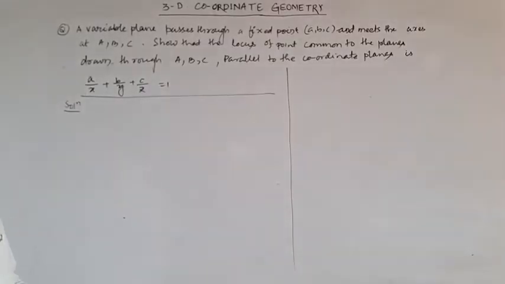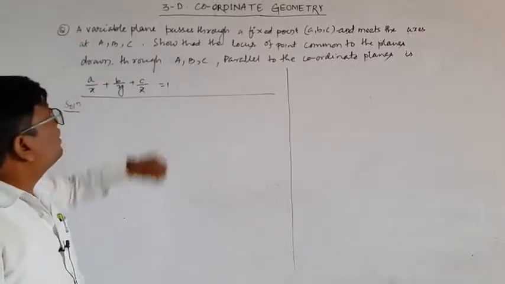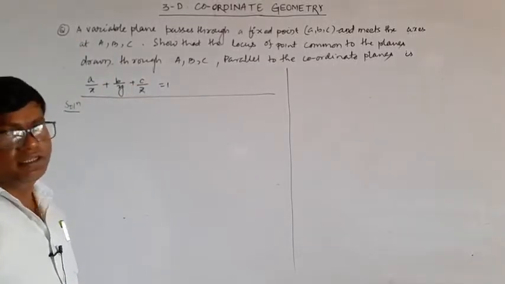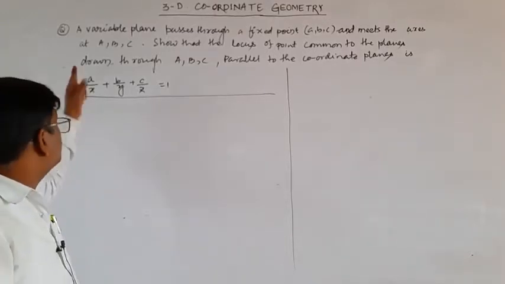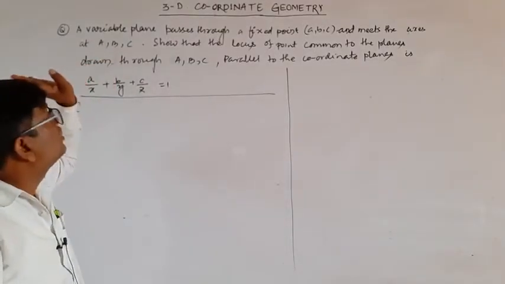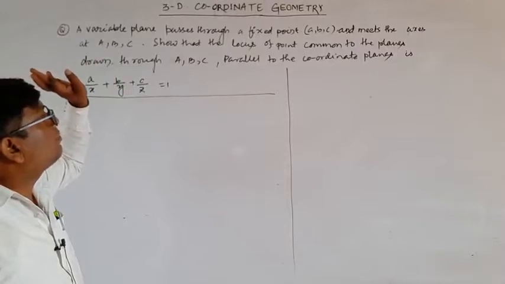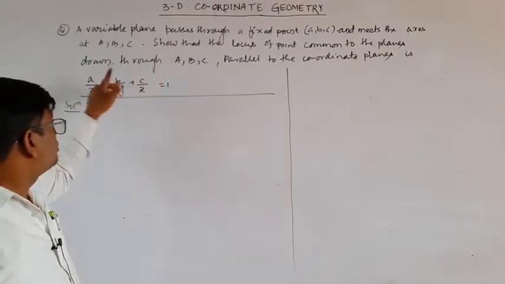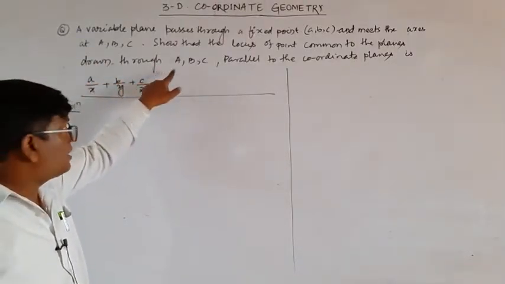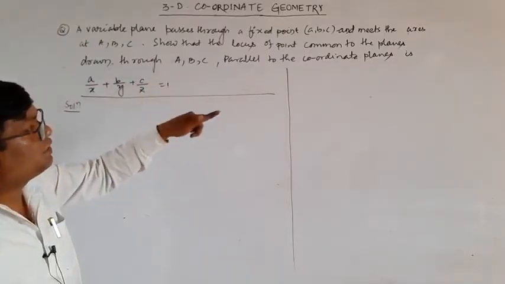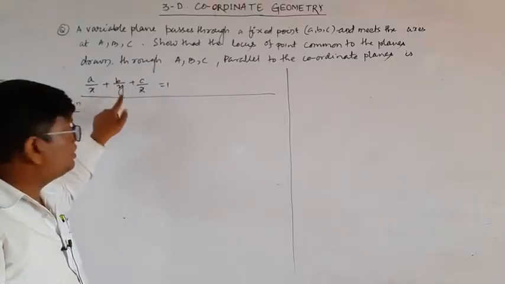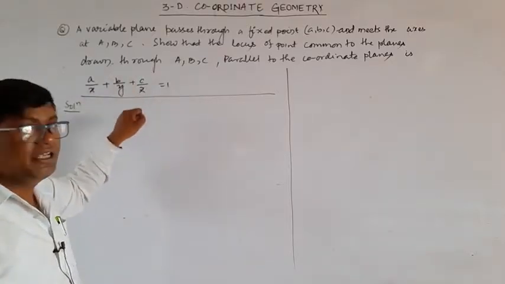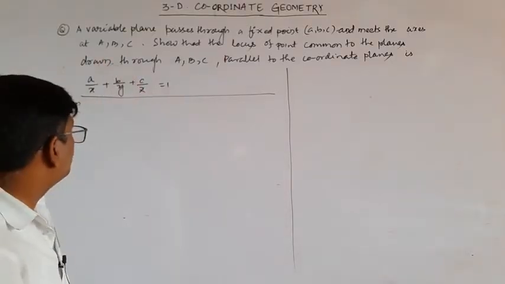One question is here. A variable plane passes through a fixed point (a, b, c) and meets the coordinate axes at the points A, B, C, so that the locus of the point common to the planes drawn through the points A, B, C and parallel to the coordinate planes is given by a/x + b/y + c/z = 1. Okay, so the solution is,